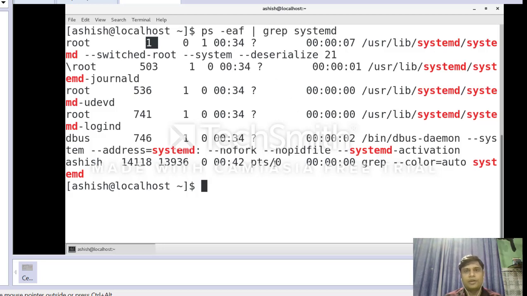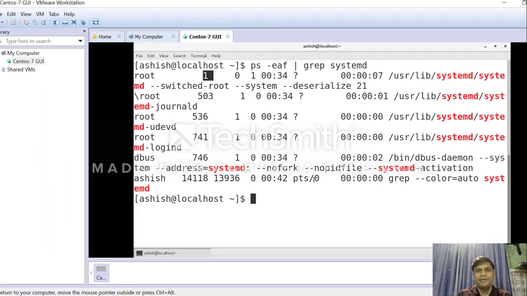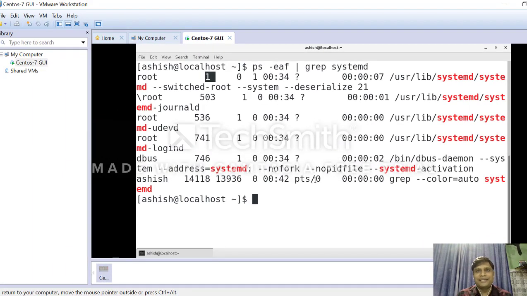So guys, this is all about the CentOS GUI. Today we have set up this graphical user interface. So guys, we have seen all the steps to configure CentOS 7 with graphical user interface. In my next video, we will configure the networking part, in which we will configure the IP address, host name, and DNS for name server resolution, so that our server will talk to Google and outside web servers.